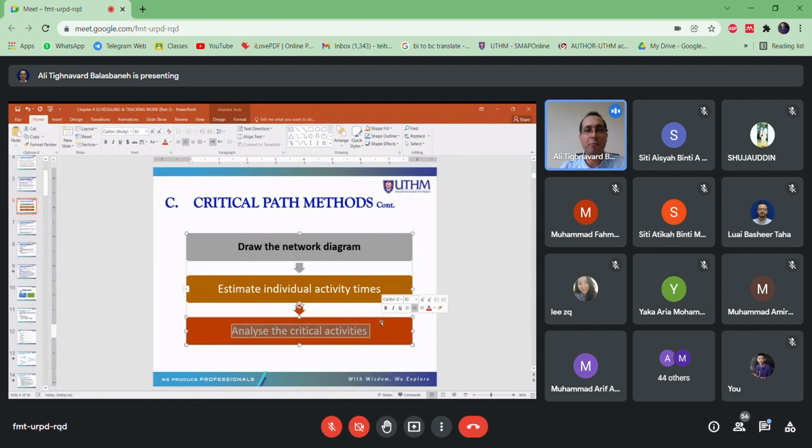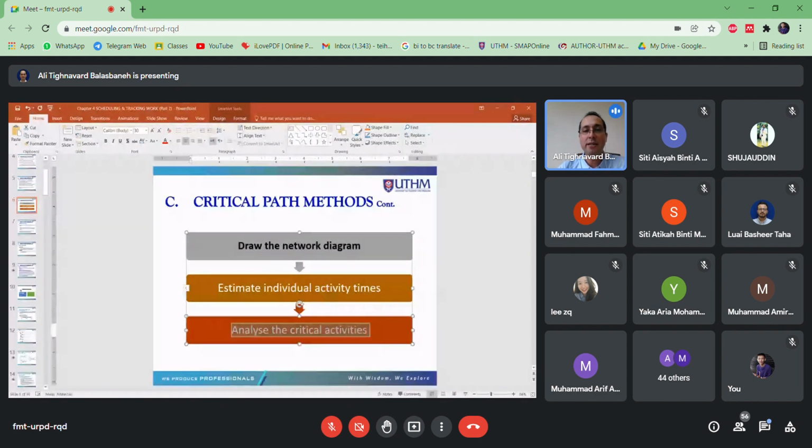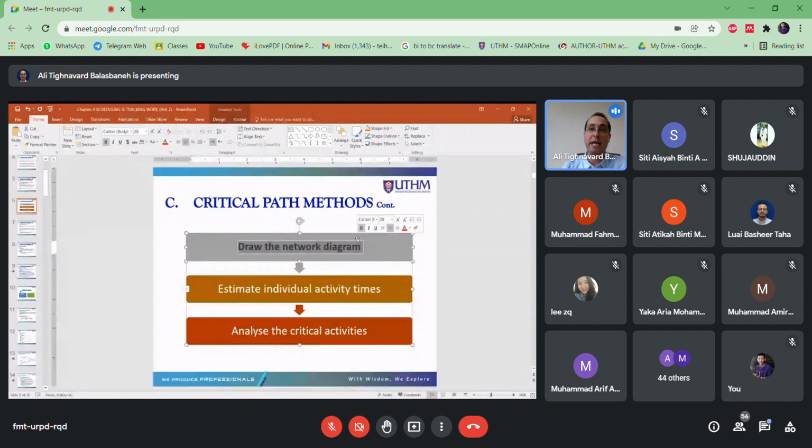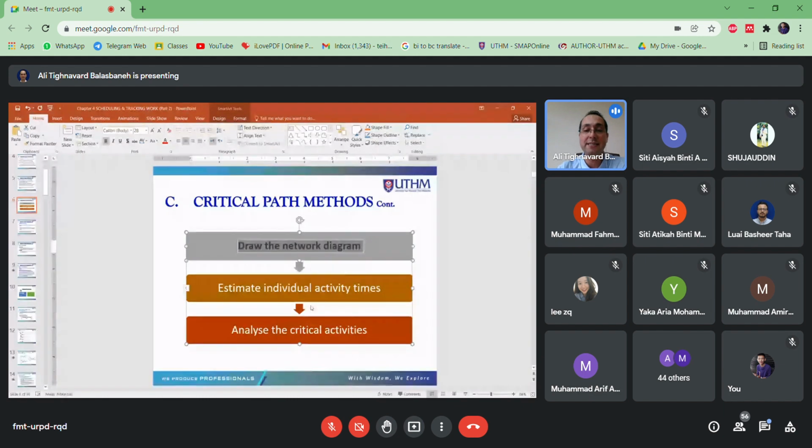Always keep in mind, drawing the network diagram is very important and requires so much practice before you learn it, before your test, your exam, your assignment. So this is very important. If some students cannot draw properly, then 100% they cannot analyze the critical activity. Okay, so